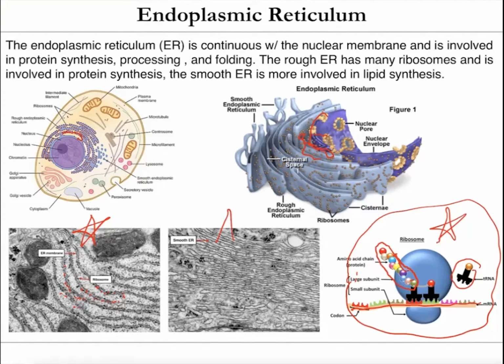There's also a smooth endoplasmic reticulum that's often located in a different part of the cell, but it's somewhat continuous with the rough endoplasmic reticulum. You can see it has a much smoother appearance. This part of the endoplasmic reticulum is involved in lipid synthesis, and both are involved in cholesterol synthesis. The lipids from the endoplasmic reticulum will ultimately often be transported to the plasma membrane or other organelles in the cell. So that's the endoplasmic reticulum. It's really important because it's the site of a lot of protein synthesis, processing, and folding.